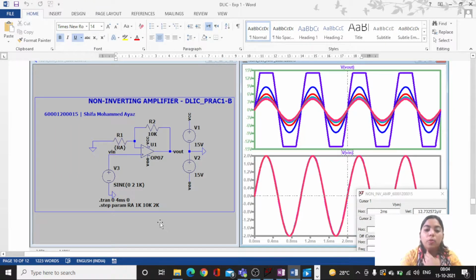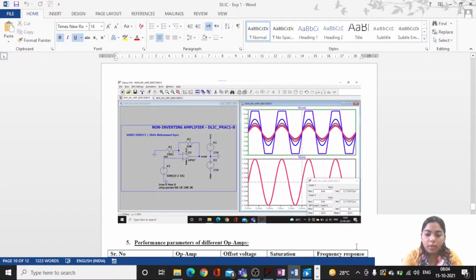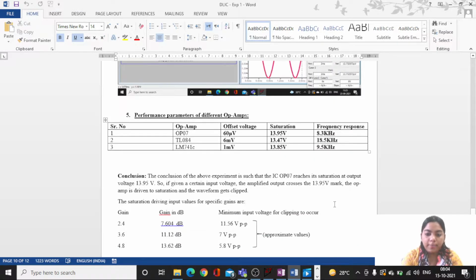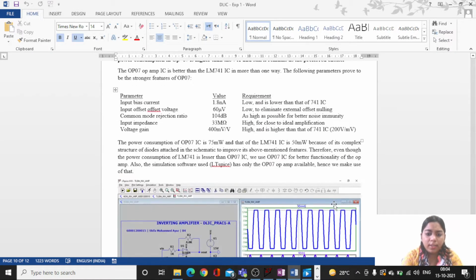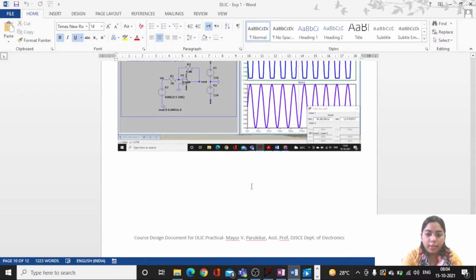In steps of 2 I will be getting different gains. In total I have received 5 waveforms over here, and I have even seen saturation. This is one experiment which I have done, then the comparison, and then the basic calculation.